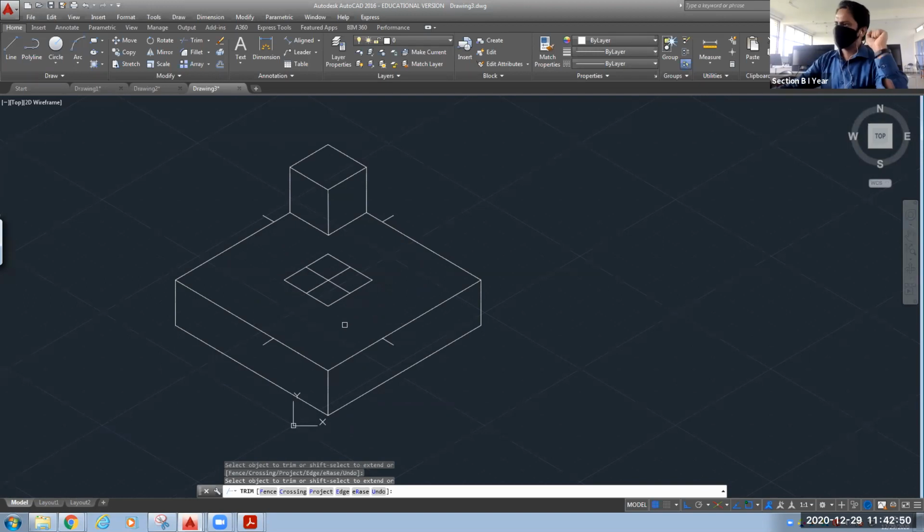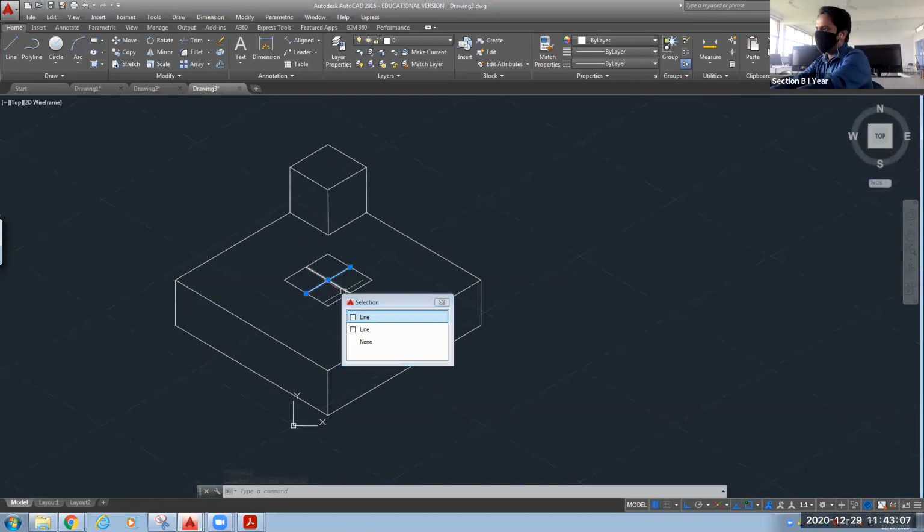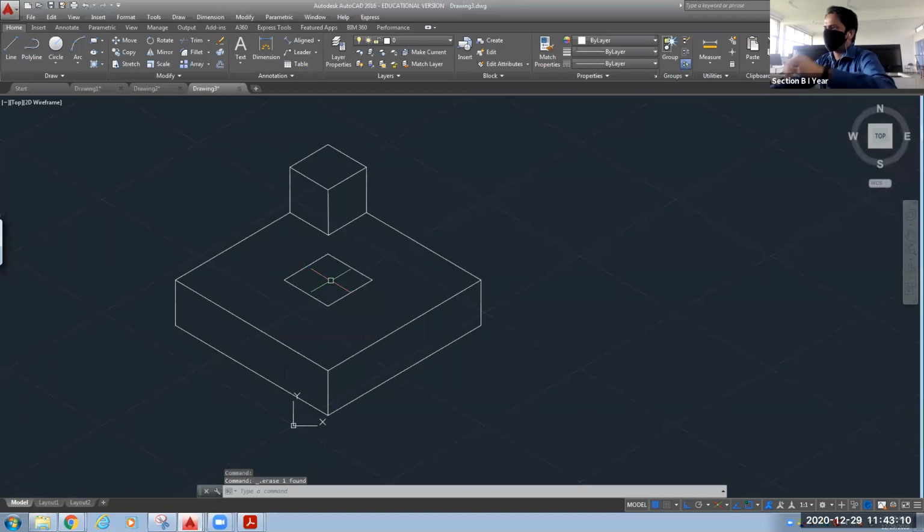Okay, this is what I was looking for, a square hole in it. This extra part I will delete manually. Okay, so if we will see this, I need to delete this also and this also. If I'll see this hole, the depth portion also we have to show. To go for the line command, this is our initial point.